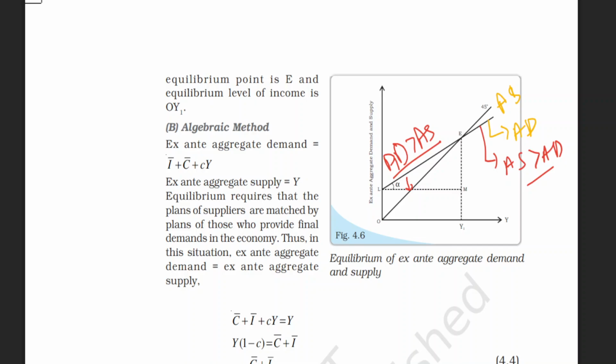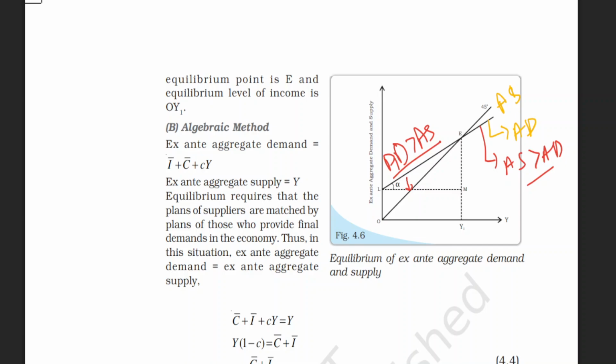The point E shows you the equilibrium level, which shows that whatever you decided, the ex ante aggregate demand is equal to the ex ante aggregate supply. This is what we decided, what we desire to have. That's why we say that ex ante aggregate demand is equal to ex ante aggregate supply. Now the actual value depends upon the ex post, whatever the actual financial market is going to do, which will be different from our predicted or desired one.